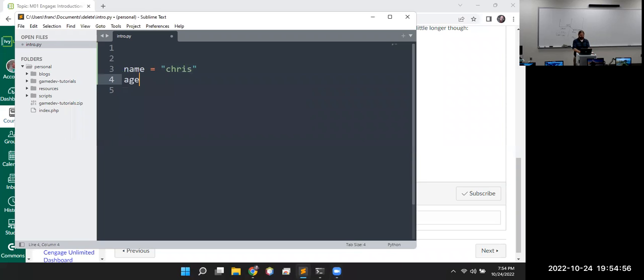And then some more data points about yourself. So age, I'll just put 44. And I have goldfish. So store some data points and then concatenate together some sort of output to